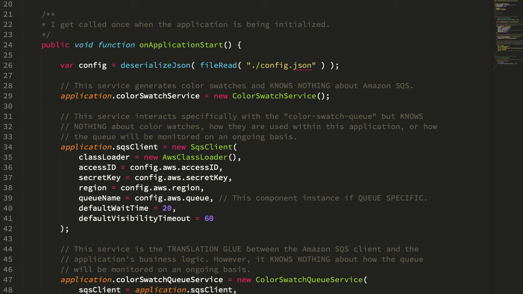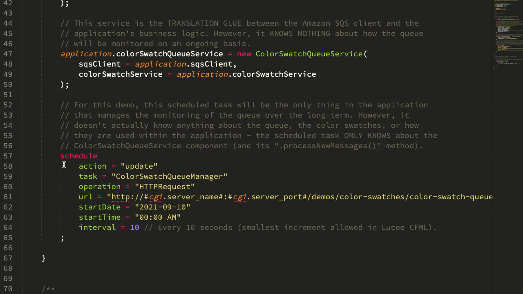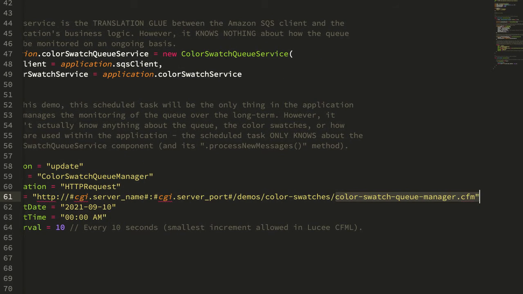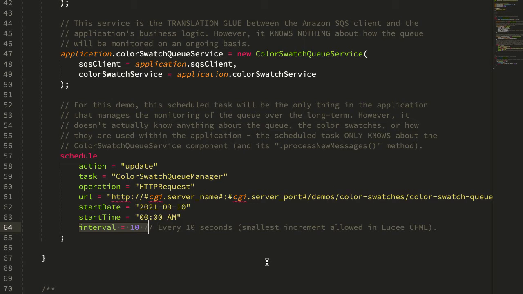So if we look in our Application.cfc file, we can see that I define a scheduled task during my application initialization, and it's going to call out to this color swatch queue manager, and it's going to execute every 10 seconds. Now, if we look at this code,